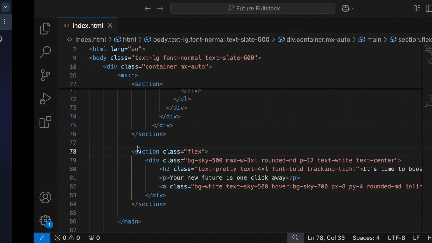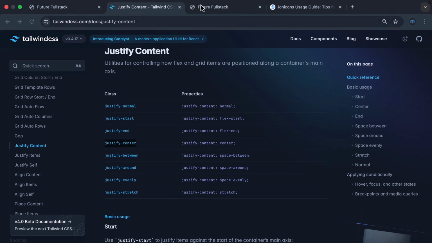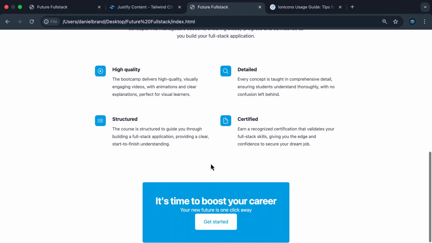So I'll copy that and paste it over here. Okay, let's jump back to the page and refresh. And you can see now our card is nicely centered. Now the last thing I want to do is just add a bit of margin between the heading and paragraph